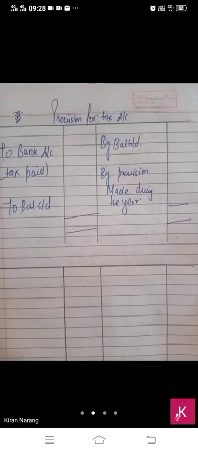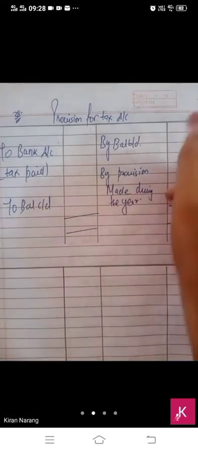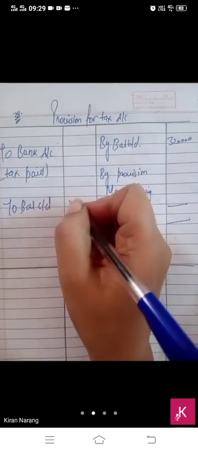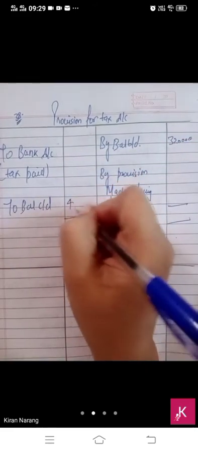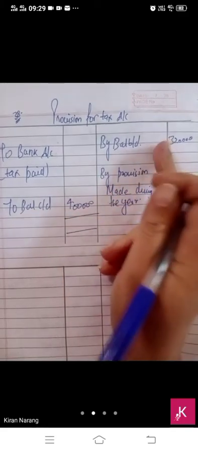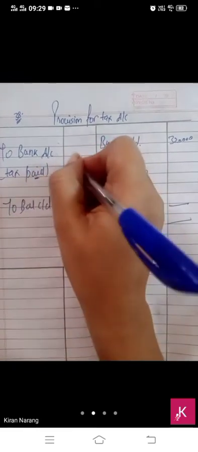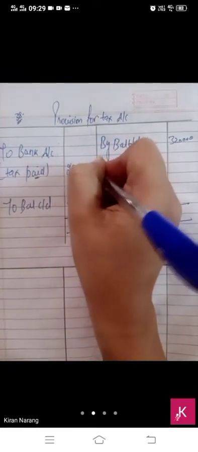Now bache, opening and closing balance is given to you. 16 is given in front and 17 is given at the back. So you will record 3,20,000 here and 4 lakh you have to record here, balance brought down and balance carried down. At the end, additional information is given to you. During the year, income tax paid rupees 2,80,000.